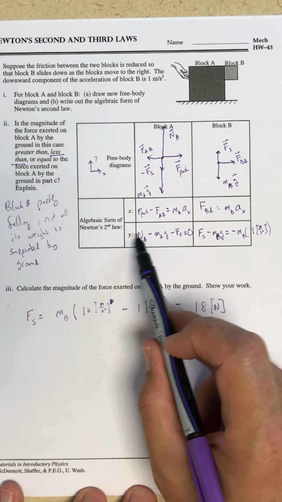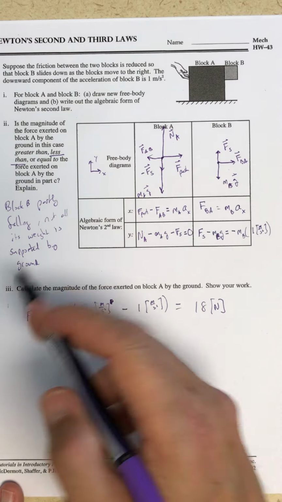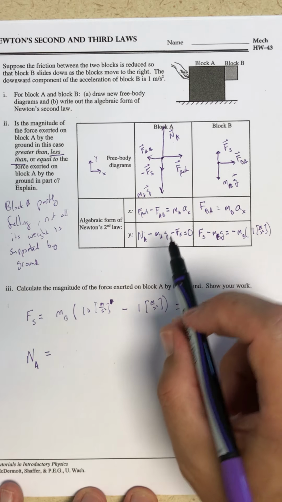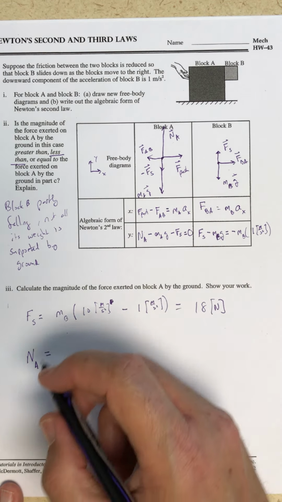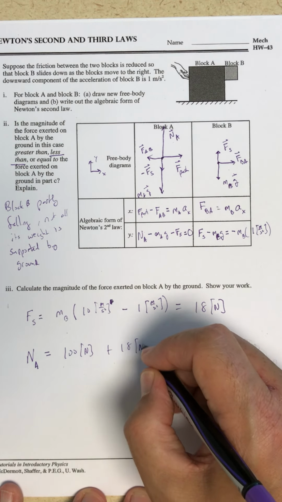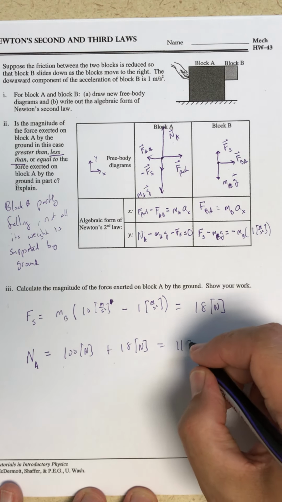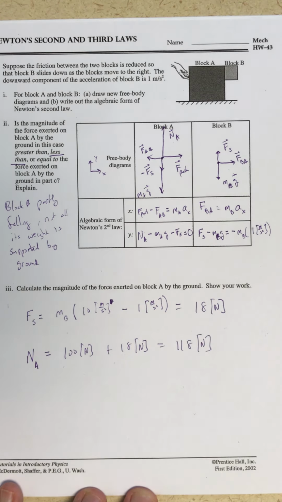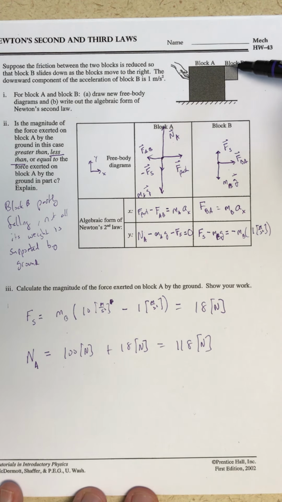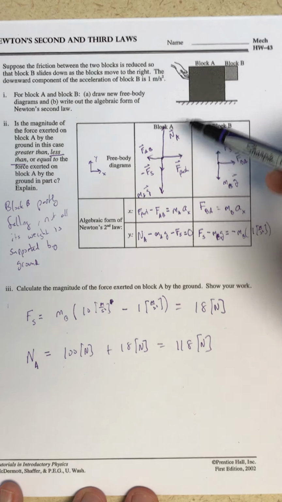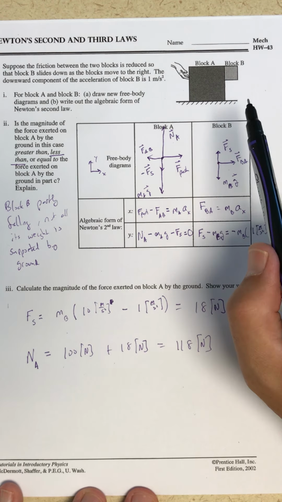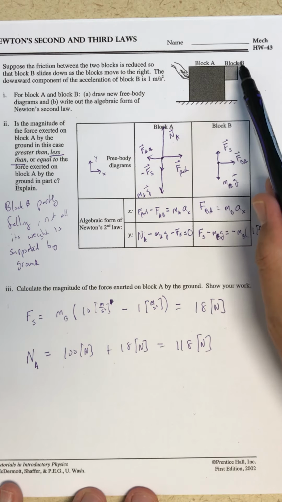Now we have everything to find how hard the ground is pushing up on block A. So the normal force on block A is going to equal the weight of block A plus the force of static friction. So 100 newtons plus 18 newtons is going to be 118 newtons, which, as promised, is less than 120 newtons. So since block B is partly falling, the ground is not going to push up hard enough to cancel out the weight of both A and B. It's canceling out all of the weight of A and part